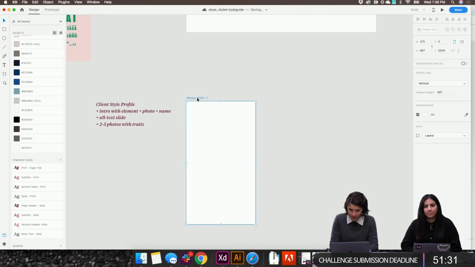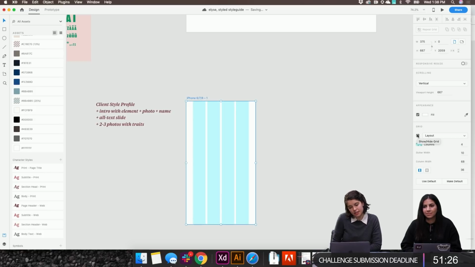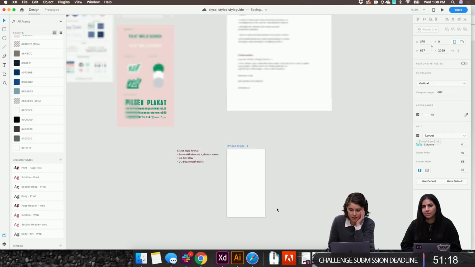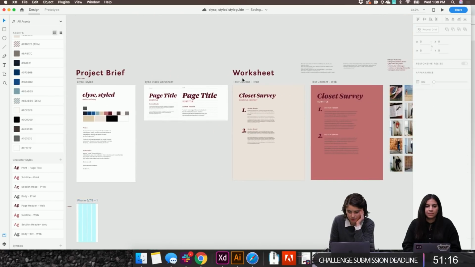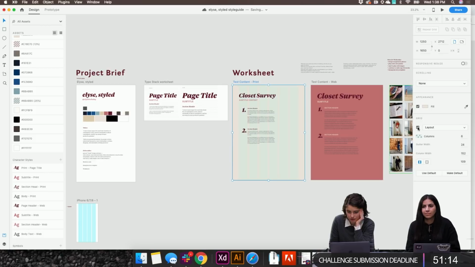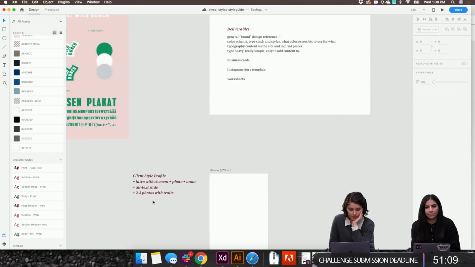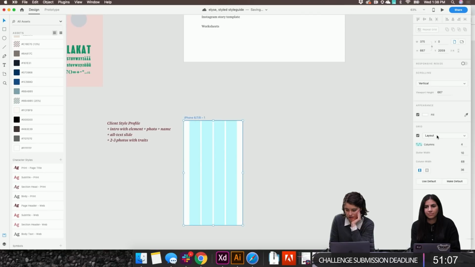So I'm gonna bring back my trusty grid, and this is recommending a 4-column grid. Let me think about that for a second. This one we're working with 6. It almost makes me want to do 3 here, just to stay with something that's divisible by 3.